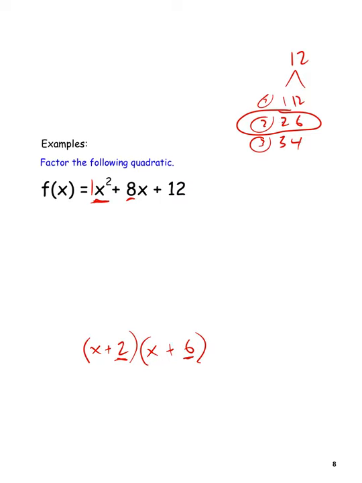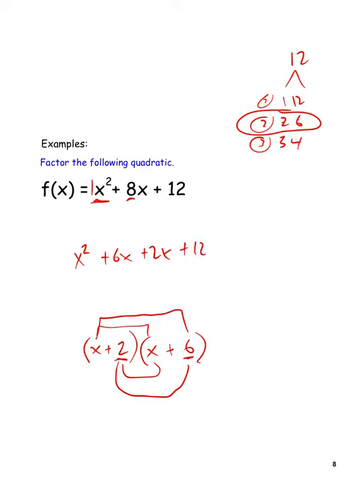So when we FOIL here, first is x squared, outside would be x and a positive 6, that'd be 6x. Inside would be 2 and an x, that'd be 2x. And last would be a 2 and a 6, so that'd be 12. And again, you combine those like terms, and there's your 6 plus 2 to get it to be equal to 8. So finally, we know that our answer here is going to be x plus 2, x plus 6,